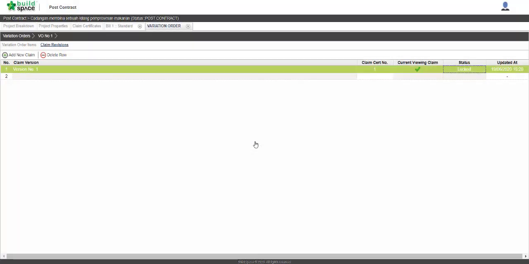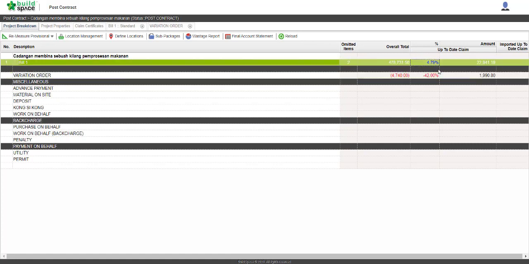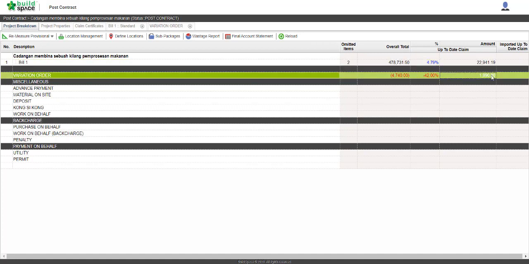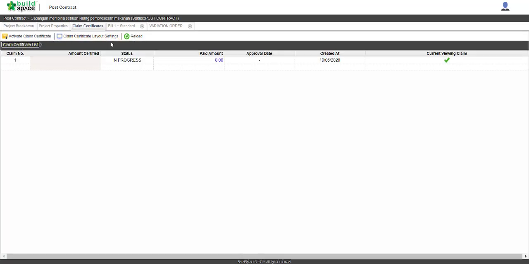like so. Okay, and once we go back to the project breakdown and hit reload, we would see the percentage of up-to-date claim based on the work done and also the VO alongside the amount is indicated over here. So what we need to do next is we go back to the claim certificates, go to the claim certificate list and click reload. We have the amount certified for both claim and also the VO added together in this